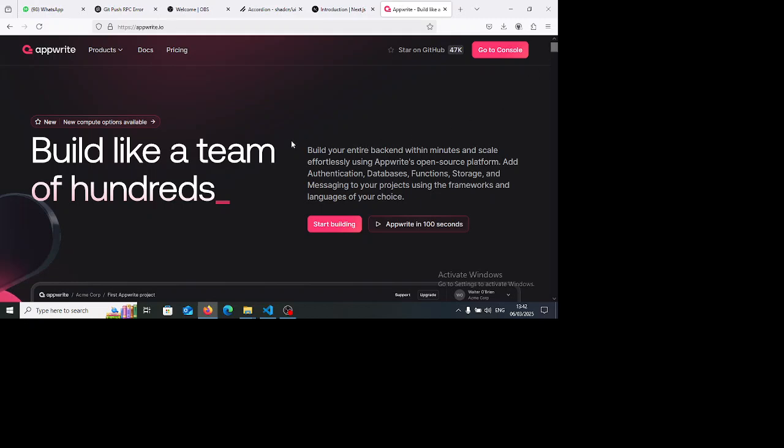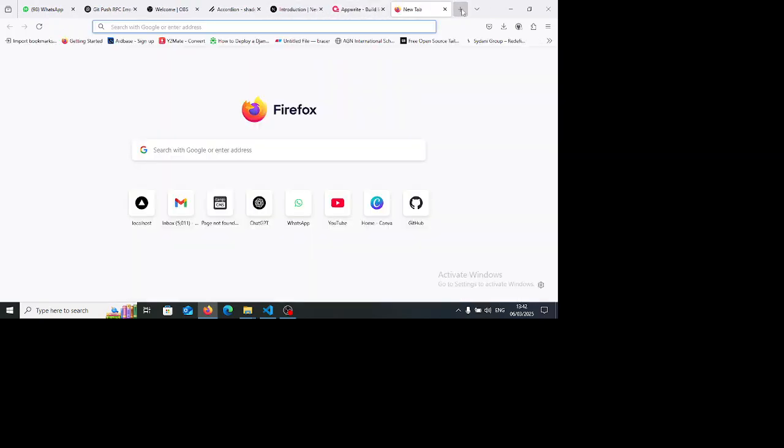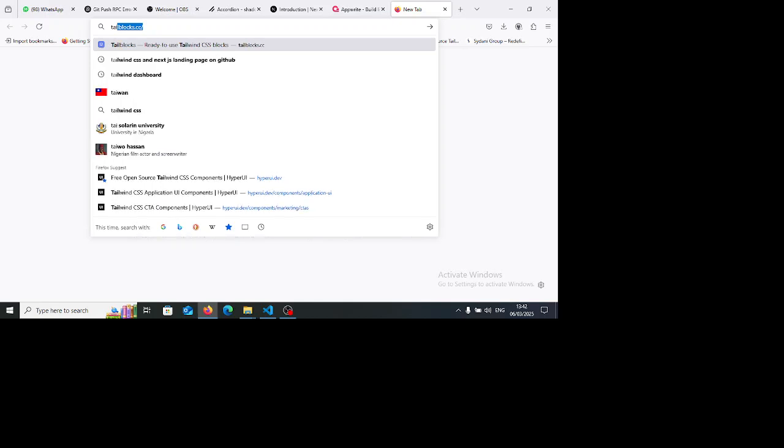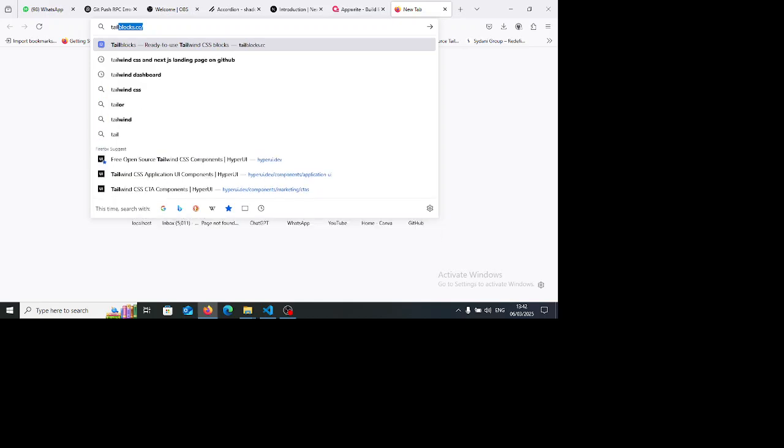You can have a single data source by using Appwrite, and then it makes everything easy for you. So these are the tech stack that we're going to use: ShadCN, Next.js, and Appwrite. We also will use Tailwind CSS. Tailwind CSS is just a CSS framework, a utility-first CSS framework, and it helps to build